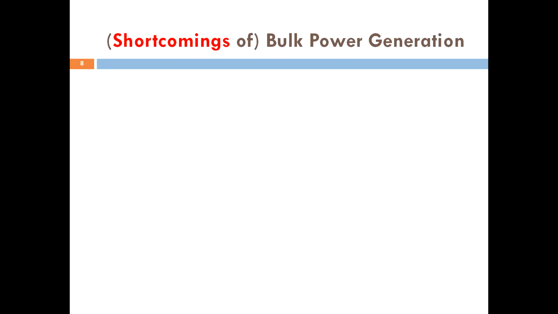So these are the shortcomings of power generation, and remember that we are talking about smart grid concepts applied to power generation. So obviously, in order to see the essence or the need for smartening power generation, we have to look at these shortcomings and how the smart grid concepts can actually assist or enhance power generation.